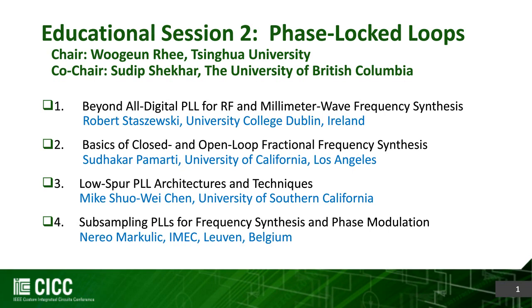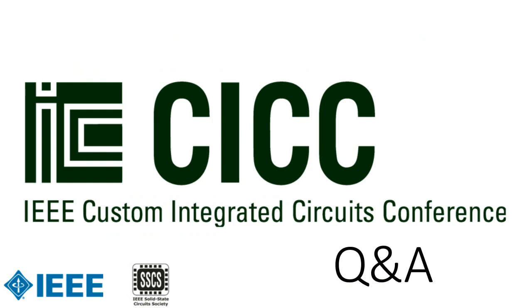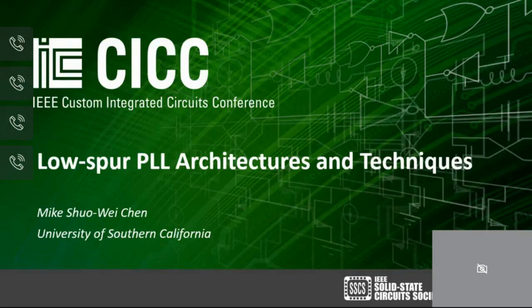I think in this particular tutorial, it just so happened that in the past few years, we really spent a lot of time to see if the spur performance is really something that you care for, for example high performance systems, and those are the different techniques that we can potentially use, right? And then if you don't need that crazy spec for the spur level,